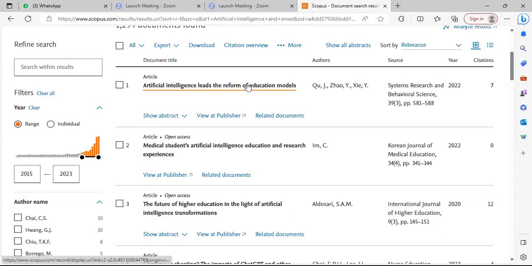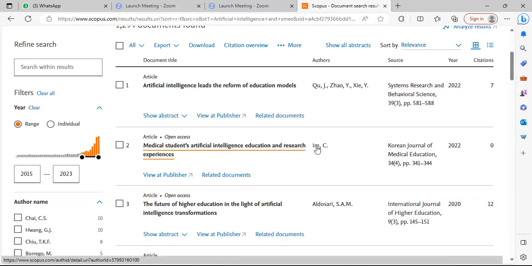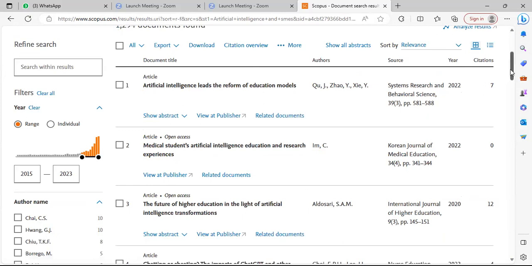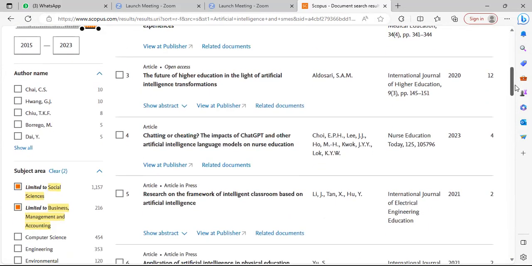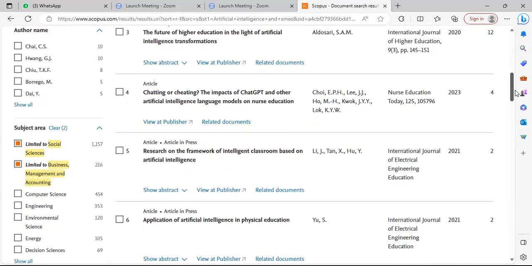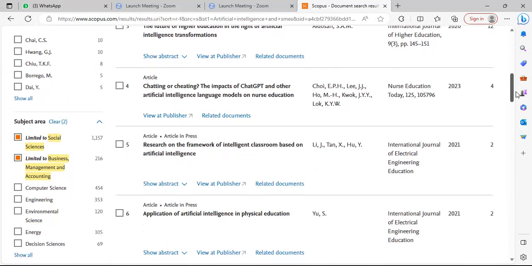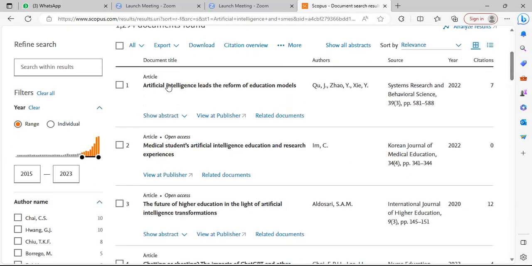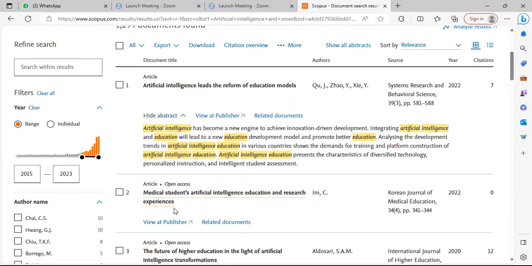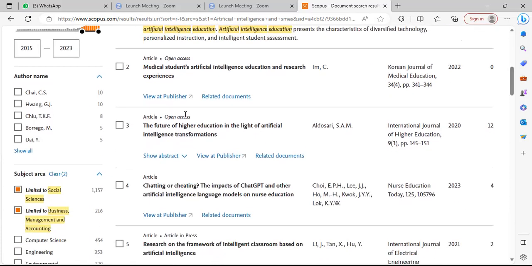So let us look at this one. Artificial intelligence leads the reform of education models. Medical students, artificial intelligence education and research experiences. The future of higher education in the light of artificial intelligence transformation. Chatting or cheating, the impacts of ChatGPT and other artificial intelligence language models on nurse education. So let's assume that, after going through the process of reviewing the abstracts,